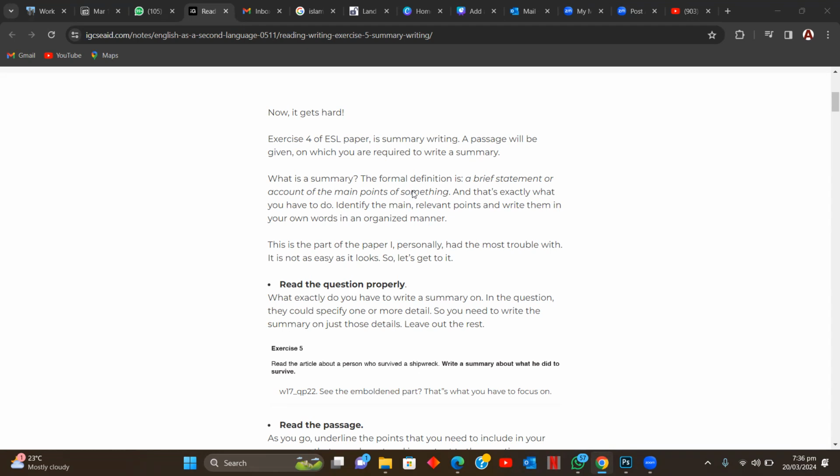And this is a relatively straightforward part because you will just be picking up information. You won't be rephrasing it, you won't be using your own words. You'll just be picking up information from the passage as it is, in the exact words. All right, this is what note taking is. But the technicality here in note taking is that you will have to be very, what do you say, clever in picking up notes